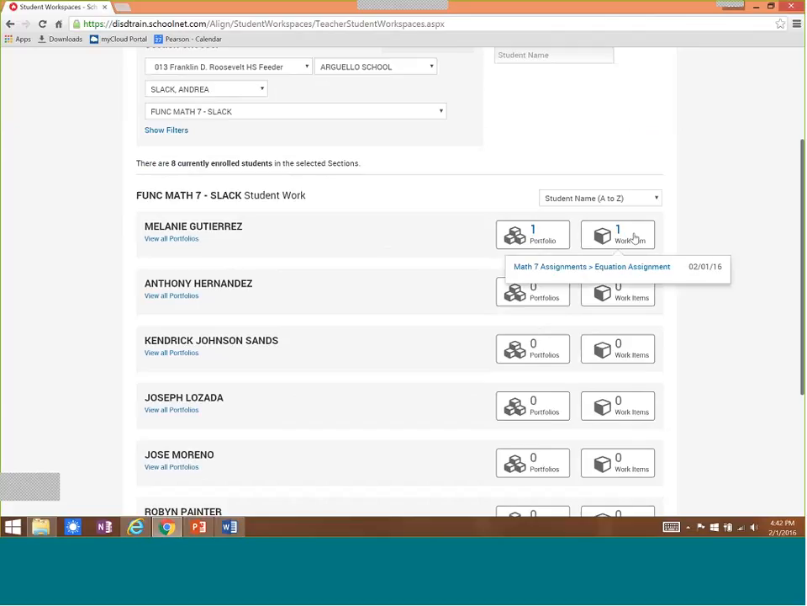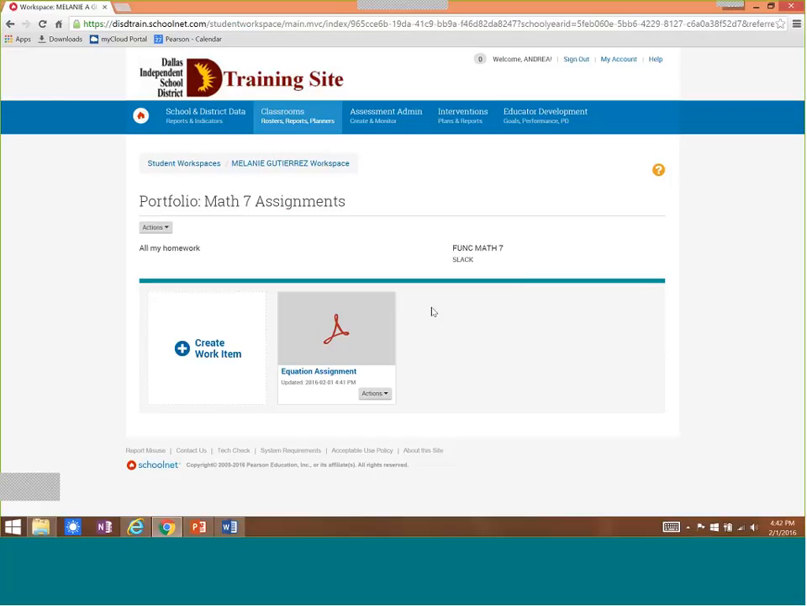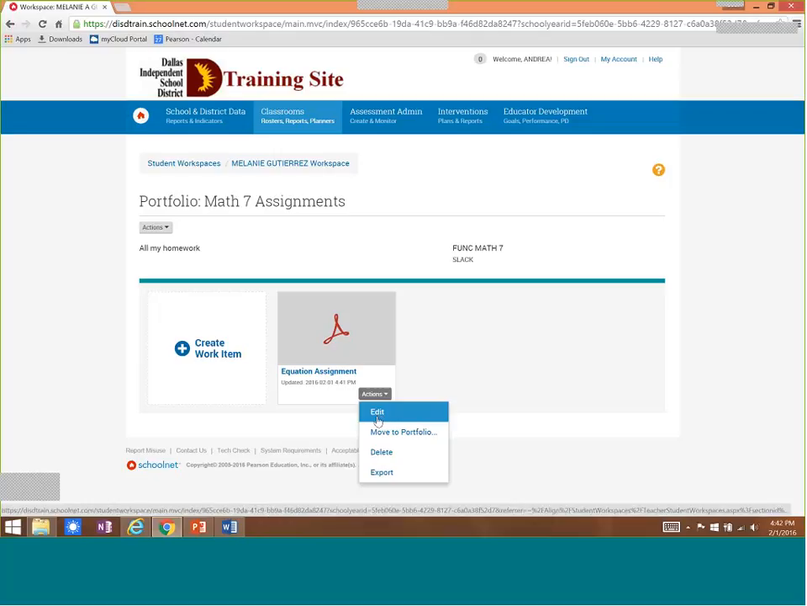I can click on it, and it's going to show me what the work item is, as well as the portfolio, and I can look at all the different portfolios. When I want to access it, I can click on that portfolio, and I'm basically seeing exactly what the student sees. And as the teacher, I do have the ability as well to edit it or maybe move it to a different portfolio or delete it, because again, I'm the teacher and I probably won't want to delete it,